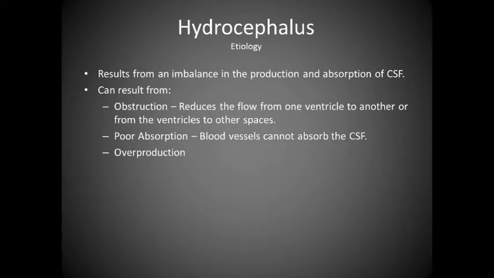So, hydrocephalus, we find, results from an imbalance in the production and absorption of cerebrospinal fluid. And there are several things that can result from it. Number one is obstruction, which reduces the flow from one ventricle to another or from the ventricles to other spaces, so that the cerebrospinal fluid can't get to where it needs to simply because it's obstructed. Another is poor absorption, so the blood vessels can't absorb the cerebrospinal fluid, and so it accumulates. And the last is overproduction, which means that the body overproduces cerebrospinal fluid. There's no problem with it flowing in between the ventricles, but there's just overproduction, which then causes an imbalance and